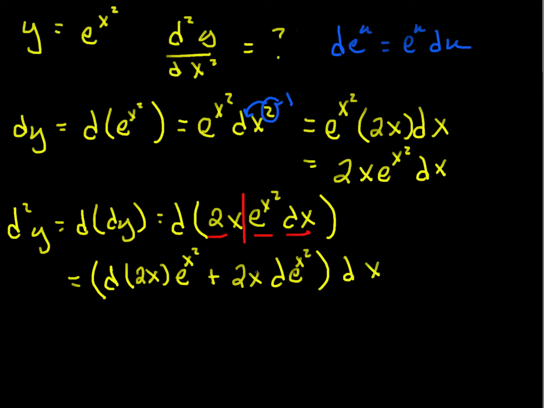This constant dx was able to come out like it does with differentials. And now the derivative of 2x is just 2, so this is 2e to the x squared dx